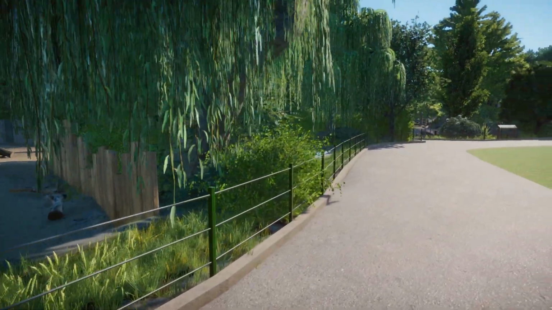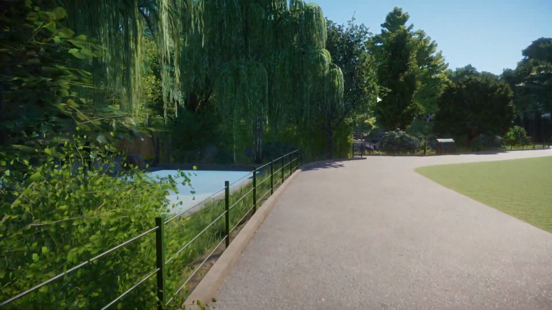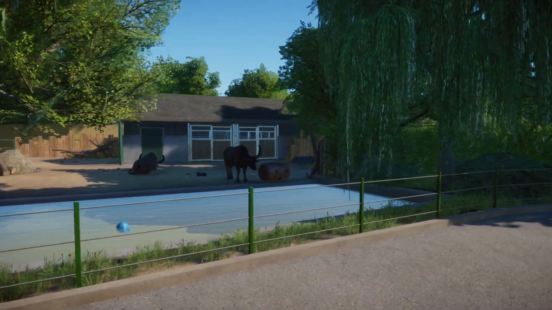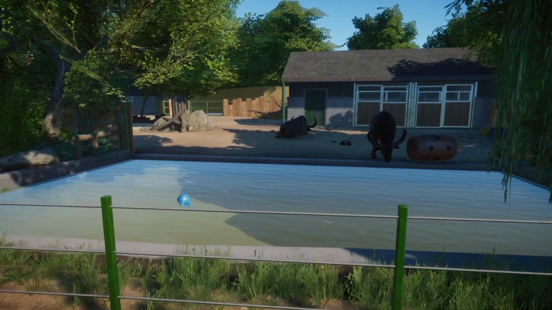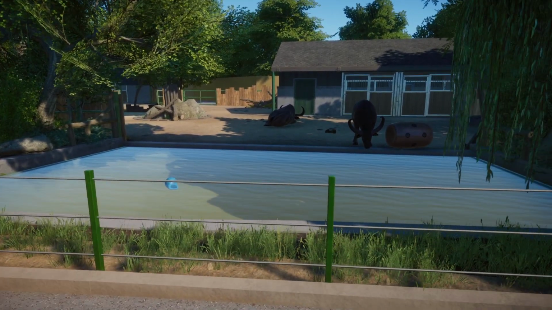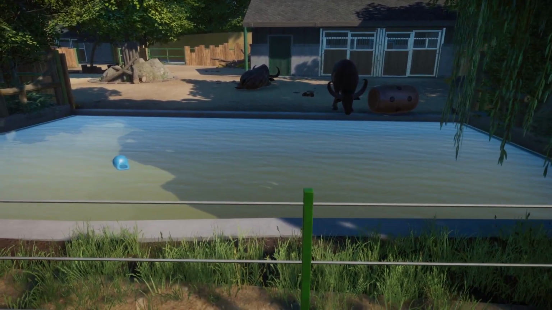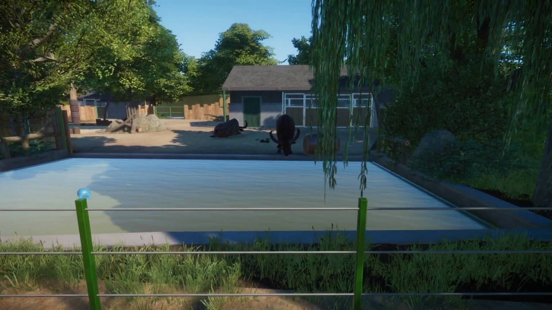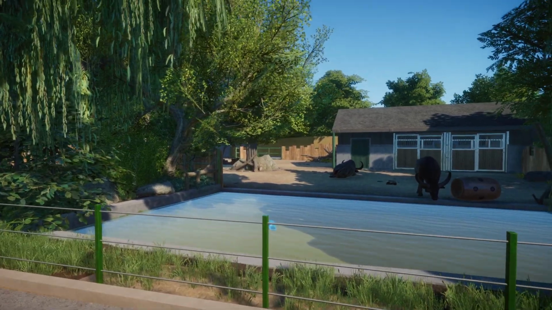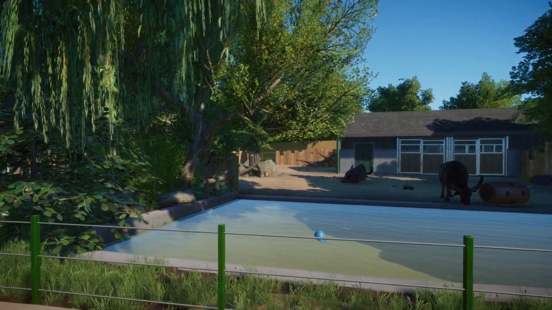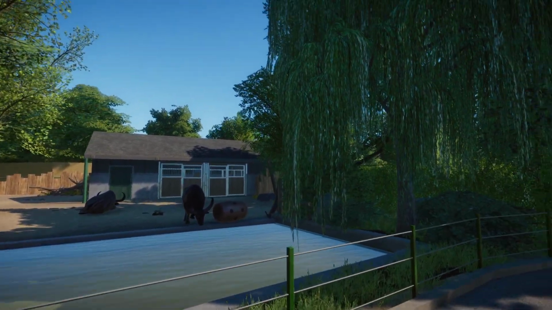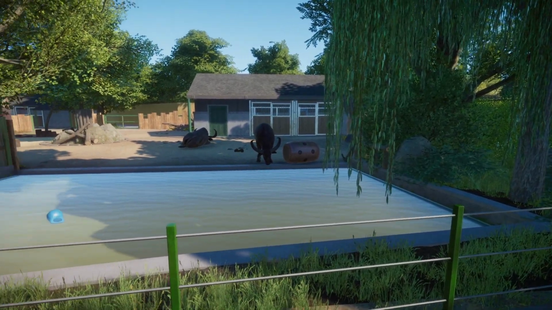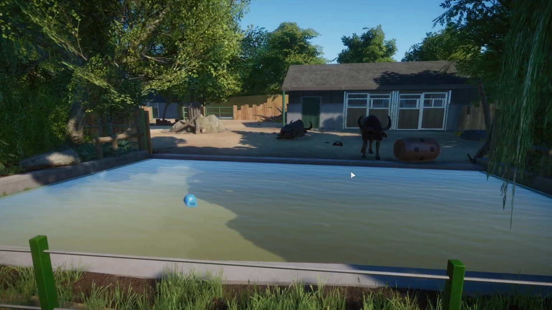And then if you go over here, is our rhino park, and then over here we have the second backstage and their water pool, which I think really turned out really nicely. I hope they will go in there at some point. They should be able to. The heat map also shows that they should be able to, but I really like how this pool is framed by all these plants and trees, especially by the weeping willows which dip down into the water. Gives it a really tropical feeling despite being so artificial.